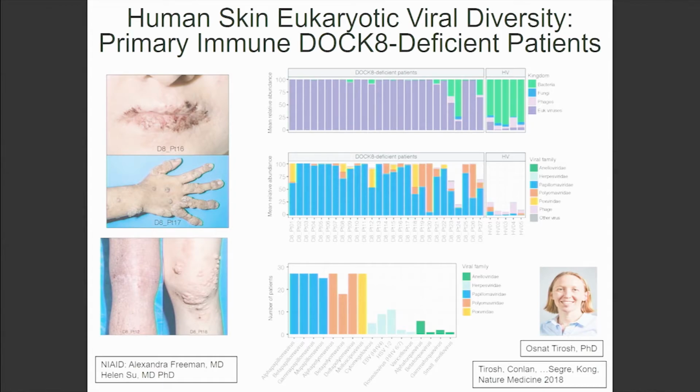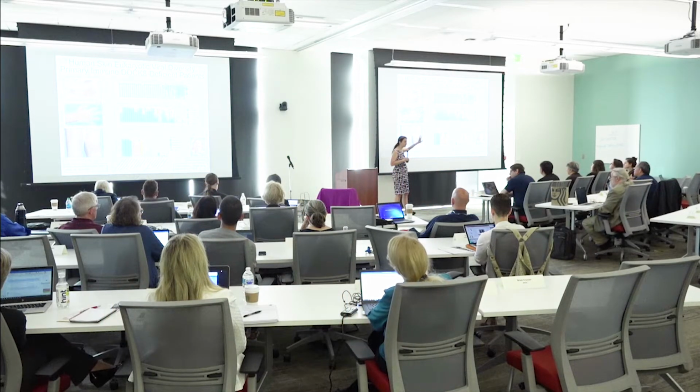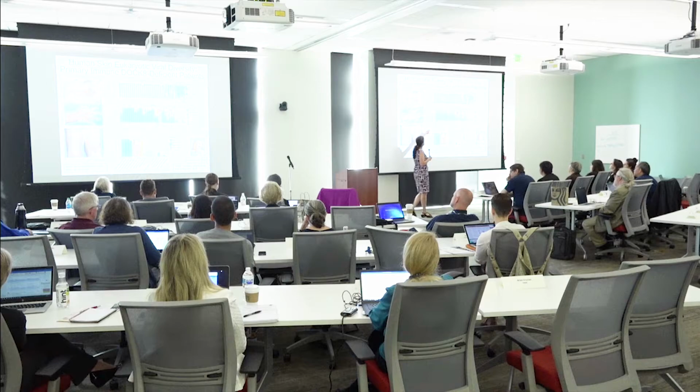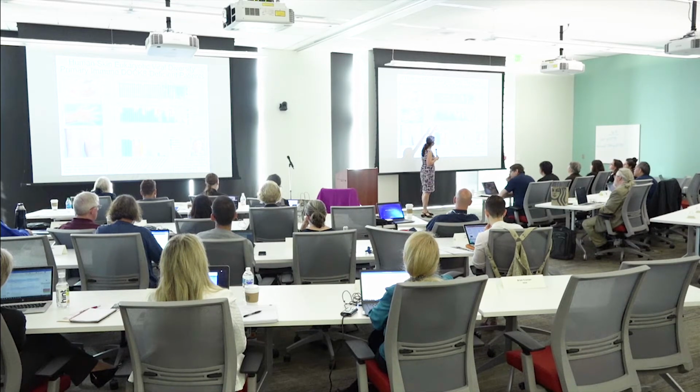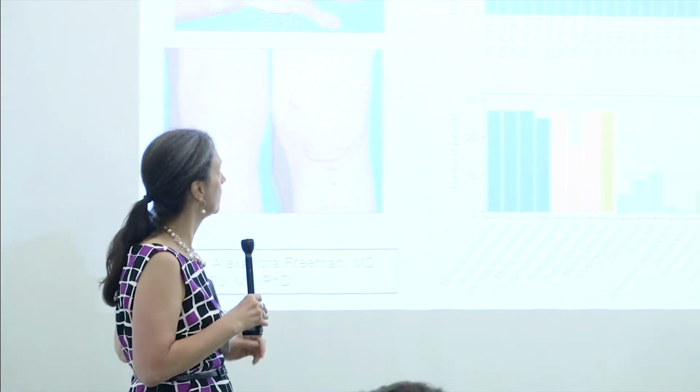And what we're seeing is that the immune system is a shield against eukaryotic viruses. I would say that the bacterial and the fungal communities on these patients are slightly different, but it's really still the same phylum. Now what we're seeing is an enormous expansion of the eukaryotic viruses that can colonize skin in the absence of resident immune cells. It's a lot of papillomaviruses, molluscum, polyomaviridae, and we can,